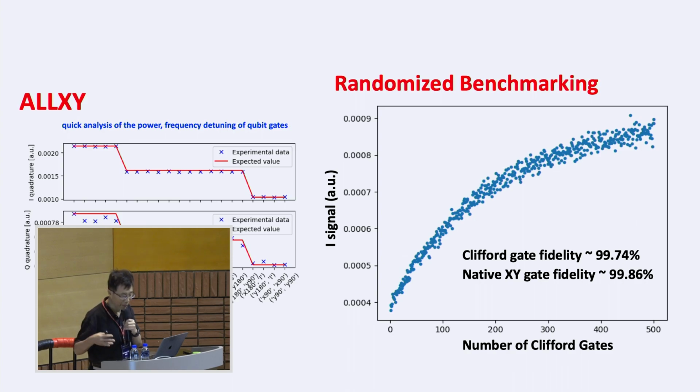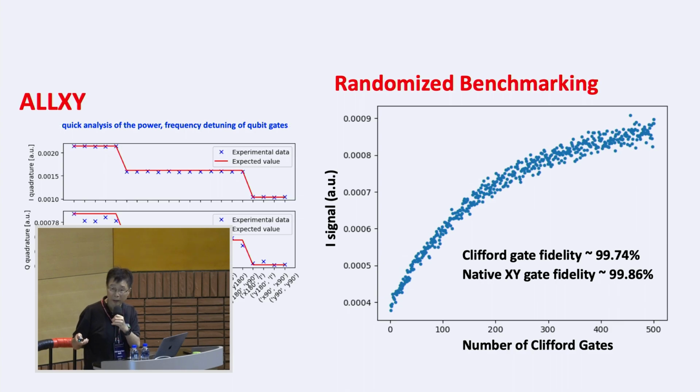Of course, there are some other fine-tune processes that I will not talk about here. But if we can figure out how to make a pi pulse, then we can start to optimize the half pi pulse and those things. And then we go through all the XY steps, and we try all different combinations of single qubit operations, and then hopefully we can fine-tune those power and frequencies to get a nice fit to the expected